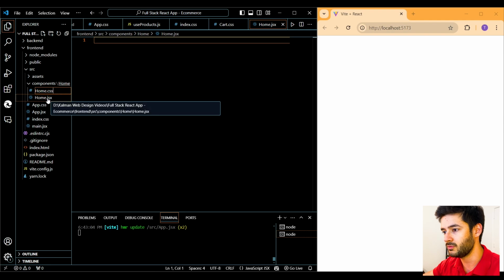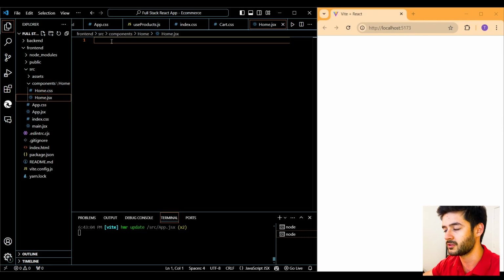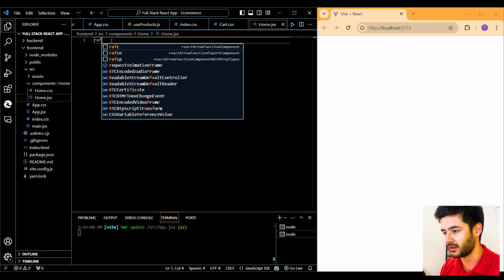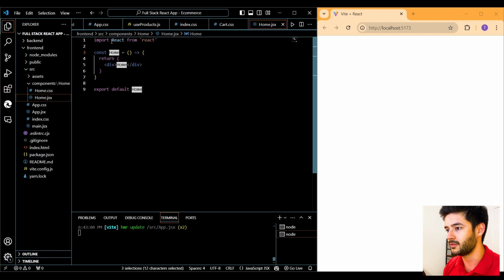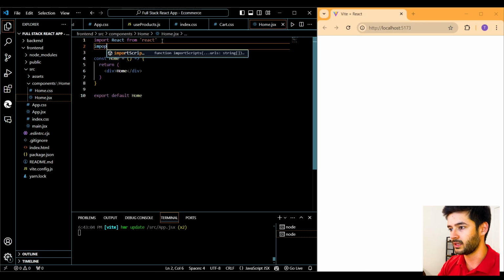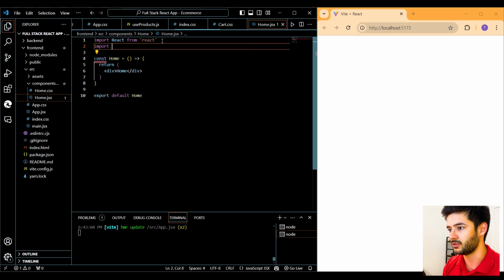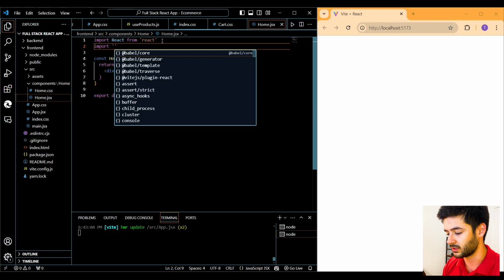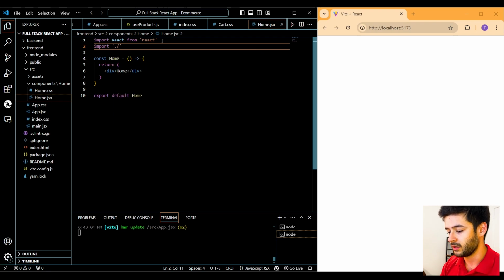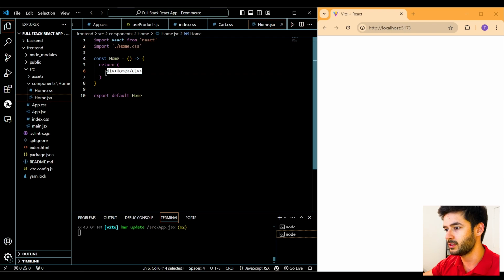home.css. And when I go into my home.jsx, you're going to notice that it's blank. To create a boilerplate here, I want to use RAFCE. Go ahead and hit enter, and that will create our boilerplate. But keep in mind, when you do that, it's not going to import your styling. So you want to make sure that you go ahead and import your styling, and you can do that using import, and then we just want to import ./home.css. And from here, you can see we have a div with the text home, but it's not displaying on